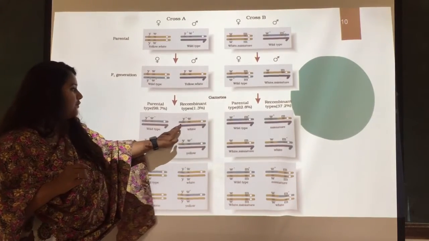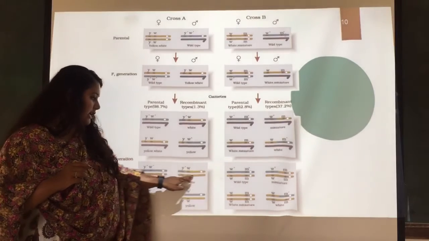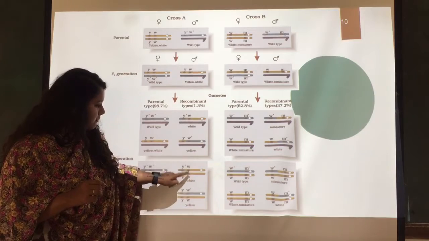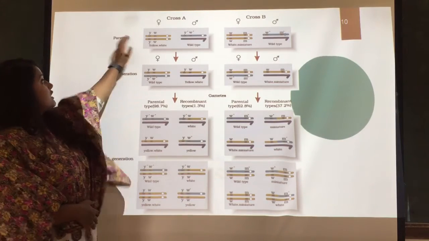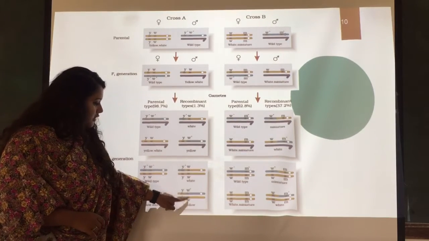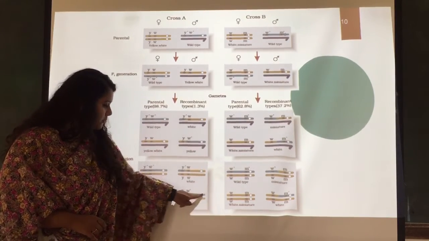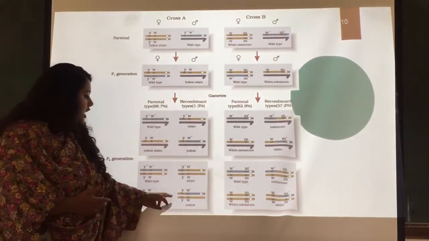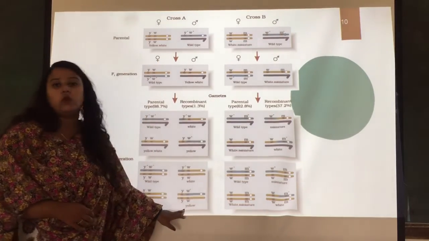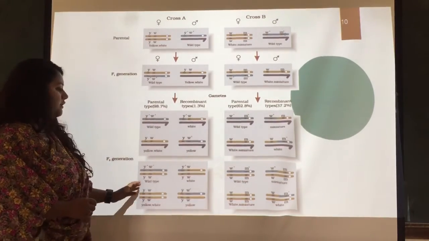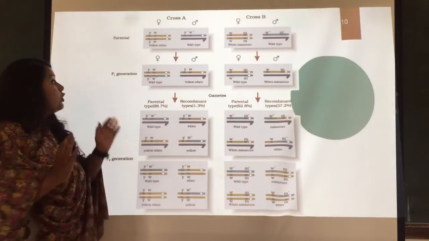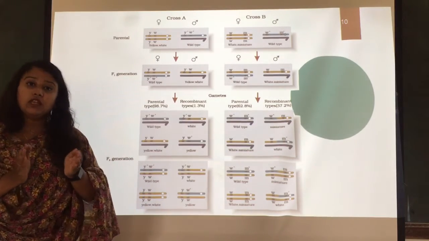But here instead of this one, what will be present? The yellow one. So here, comparatively, it is white because the W has the dominance of this particular parent. For this reason this will be white. And here the W is having half of the portion, that is, the recombination is there, and here the capital Y is common from this parent. For this reason this will be yellow in color. So this is cross A, where we saw that the recombination which took place was comparatively less, as the two genes were closely linked with each other, right?